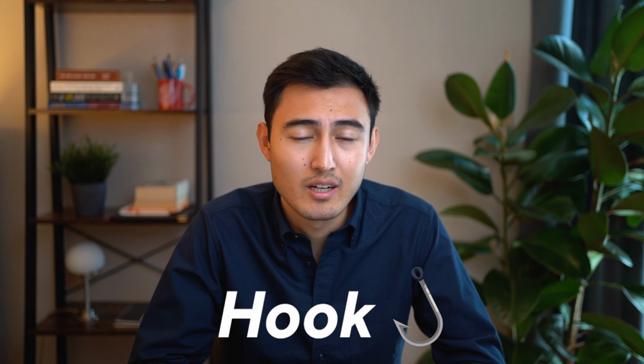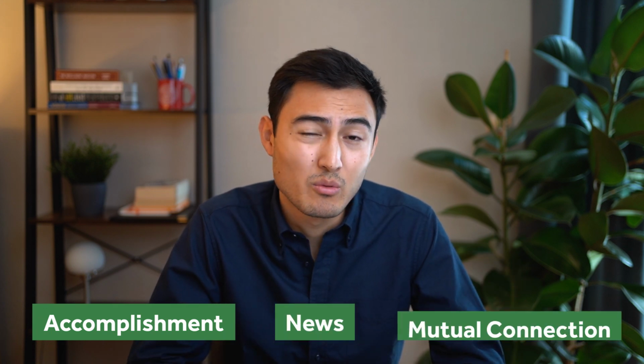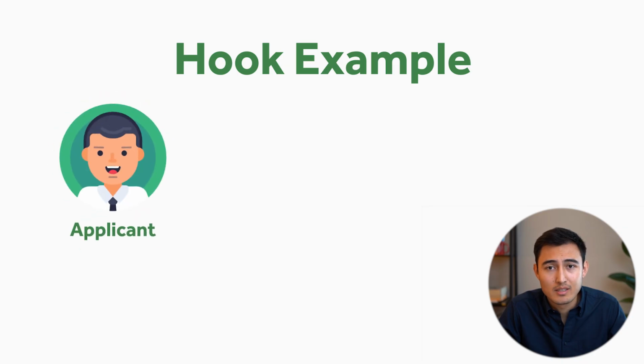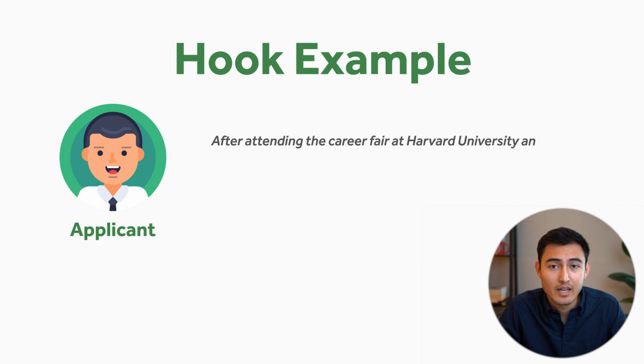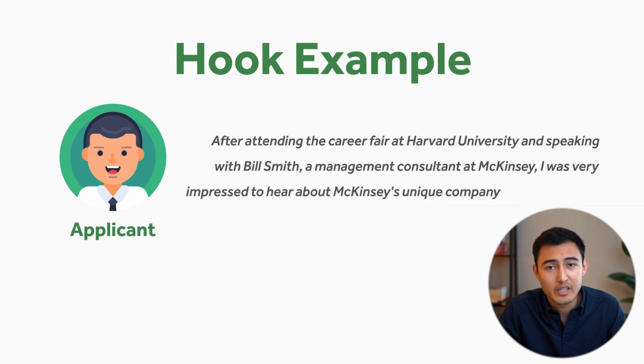Some people like to have a hook in the first paragraph of the cover letter, basically to grab the attention of the recruiter. Usually this is something like an accomplishment, some recent news that the company has been involved in, or what's probably most common, which is a mutual connection. For example, this can be as simple as: after attending a career fair at Harvard University, I had the chance to speak with Bill Smith, a management consultant at McKinsey, and I was very impressed to hear about the company's unique culture, specifically...